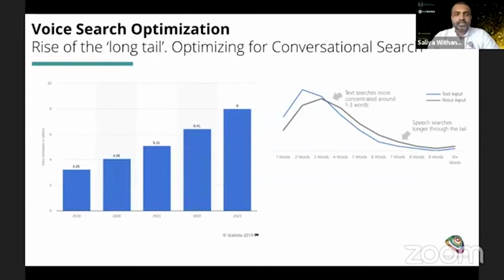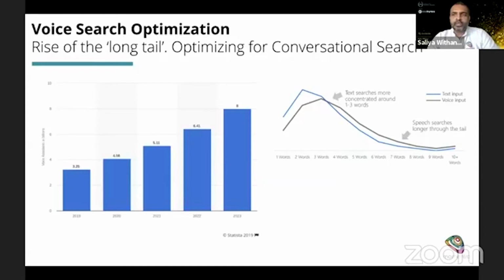There's something new that's coming up. Well, I'd say new, but it's been there. So voice search, all of us use it. I think a few years ago, 20% was the number given by Google for global search happening through voice, but I'm sure it's increasing now. So, by 2023, we are going to see about 8 billion searches happening. So we need to be ready for it.